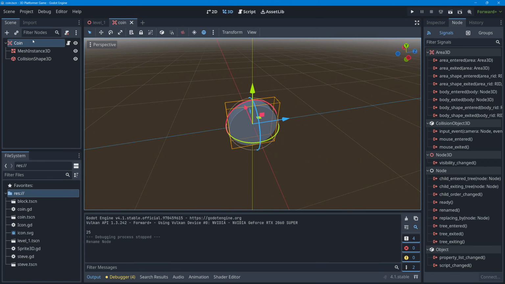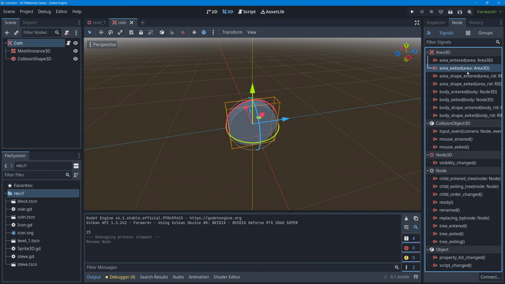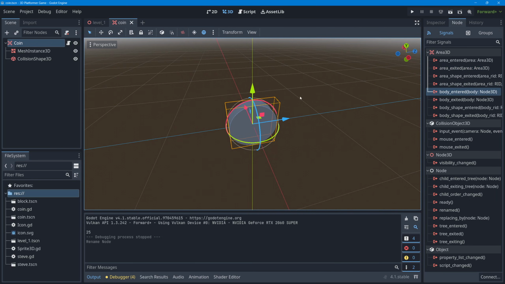An Area3D has a list of common events, like when other areas enter this area. That's what this signal is for. If another area is colliding with this area and then exits this area, we can handle that with this signal very easily. The signal that we want to use, though, is called body_entered, which is right here. If another physics body enters this area, like our character is a physics body, we want to trigger this event,